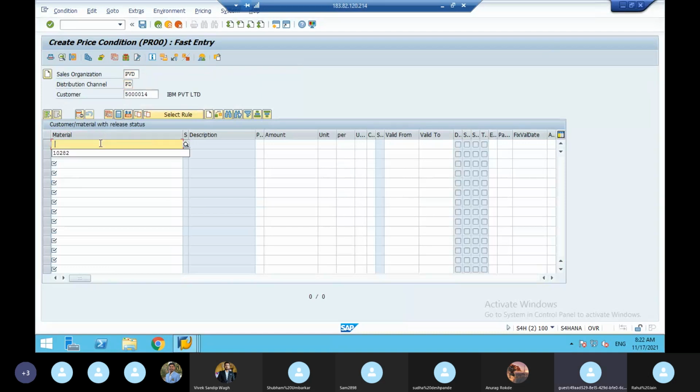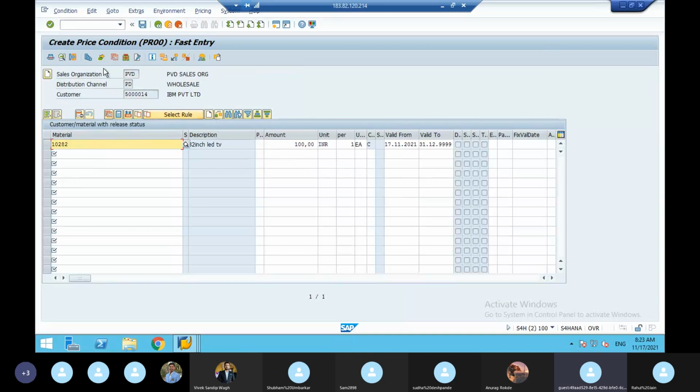If you give the sales organization, the distribution channel, the material, and the currency INR, then for each quantity, for this customer, for this material, the price varies. For one quantity the price is 100 rupees. If the customer orders 100, 500, or 1000, the price will vary.